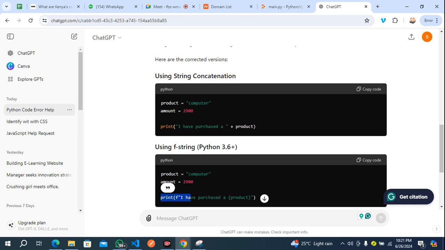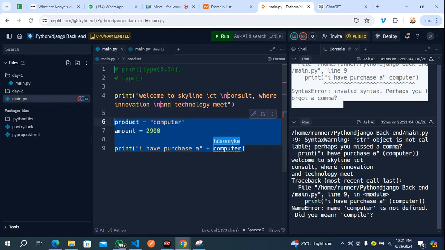I use the forum for a different experience, because AI can only give you one idea of achieving something, but the forum can give you different experiences and different ideas you can use to achieve that particular problem. So like here I have said, we need to put a plus here, right?